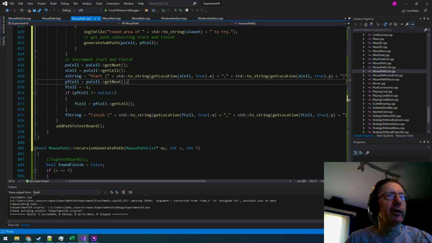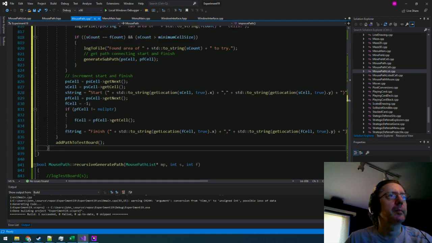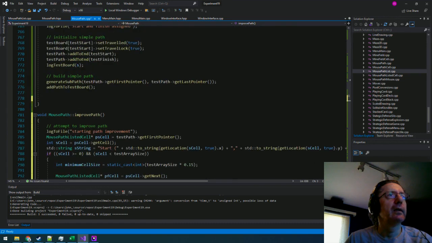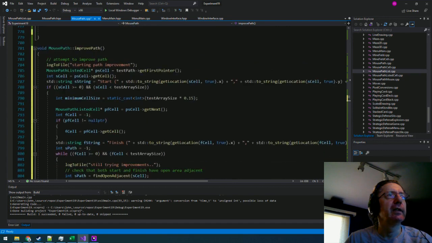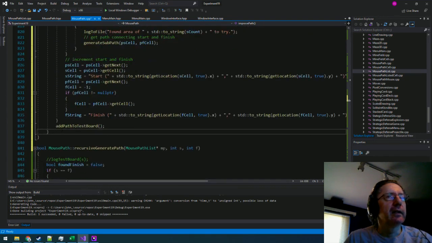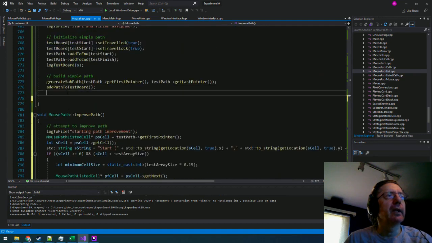And if it's a null pointer, it's going to exit with a -1. And then it's going to add the path to the test board. So build a simple path and add it. Improve the path. So then what I should be able to do here